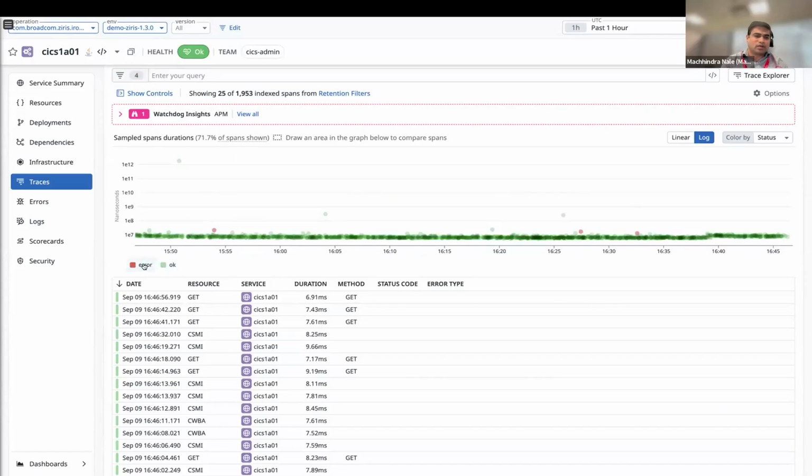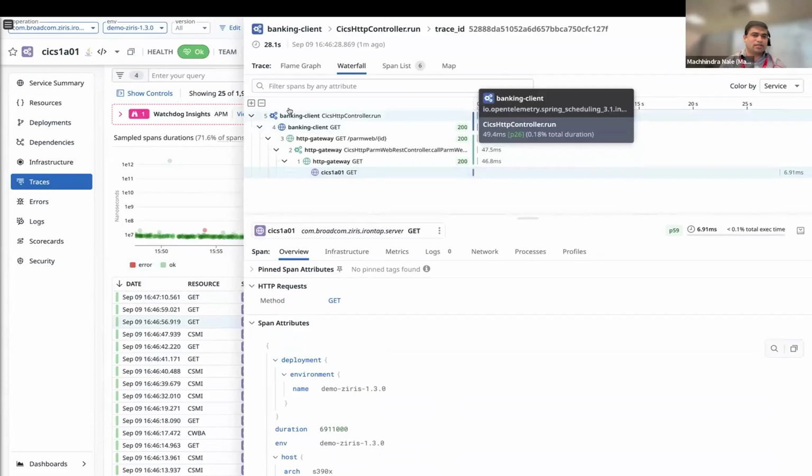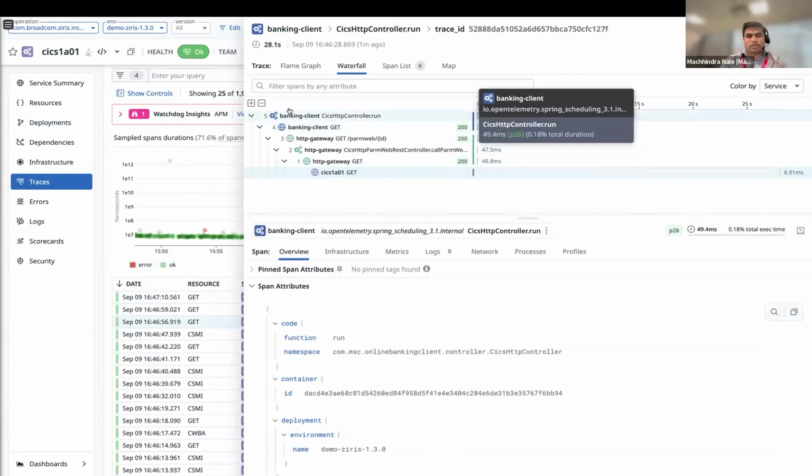So let's take a look at one of the traces. I'm going to click on the trace, and that opens up a waterfall kind of view. By just looking at this trace, you can tell how this transaction executed from end to end. What does this mean?